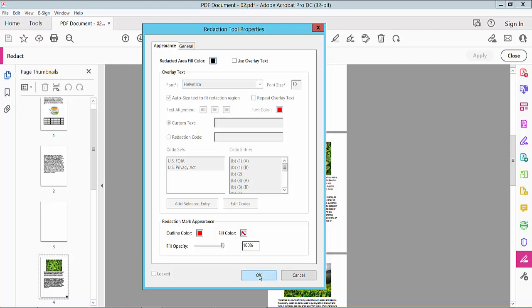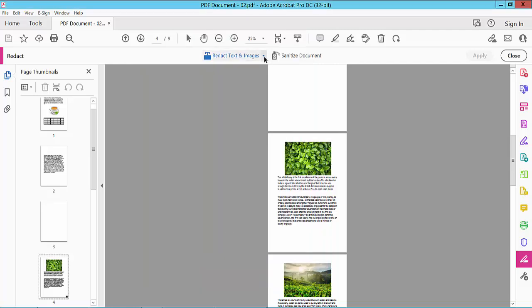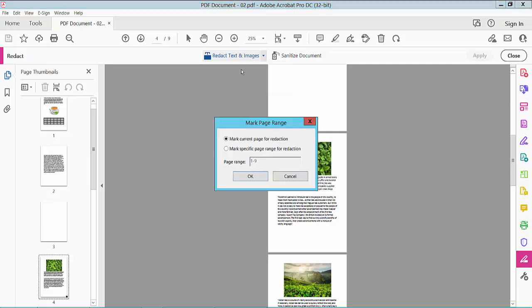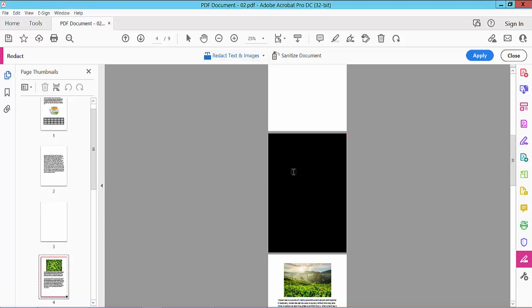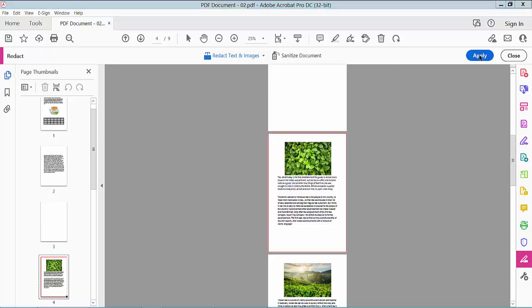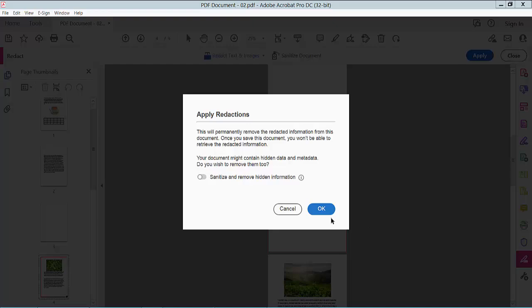and select OK. Again go here, click here and select redact pages and select here page number 4, or also you can select a specific page range or all pages, current page number 4. Select OK and see this preview and finally select apply. Now select OK